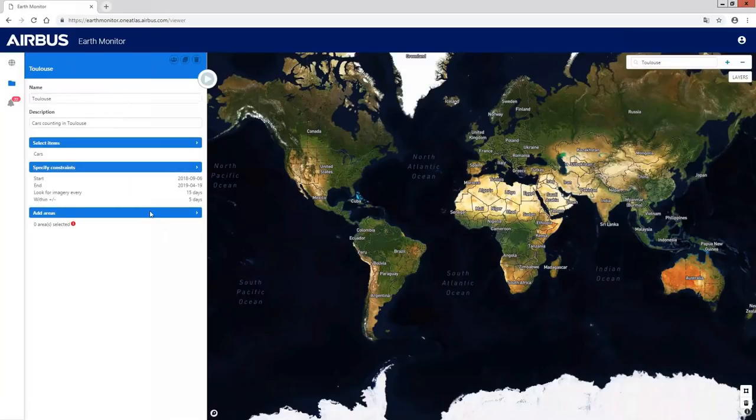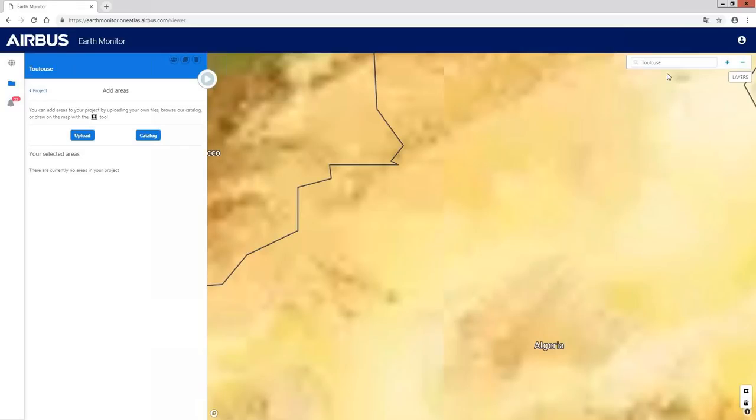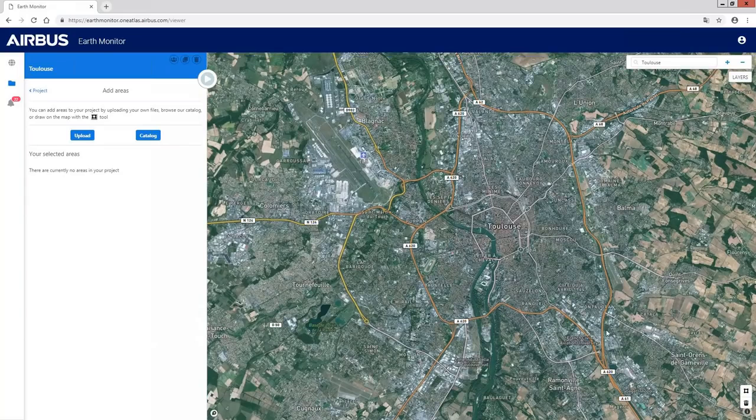And here I want to select the area. So I want to select here, for example, Toulouse. Perfect. And here I will draw my AOI. So I will select, for example, a very, very small area. Perfect.